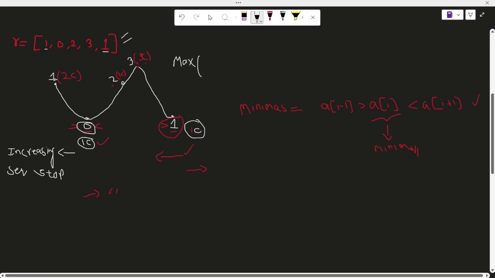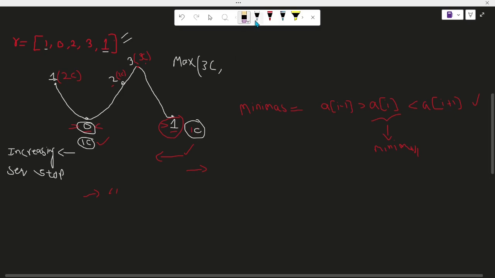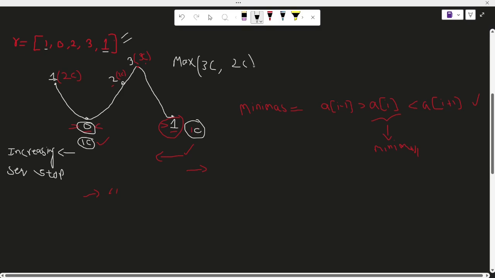So already from the first minima, we got to know that it needs 3 candies. From the second minima, it can be shown we should get greater than 1 candy. So I mean greater than 1 candy. So the best possible case is 2 candies. So we will be updating the value of this element with the max of the already existing value and now the